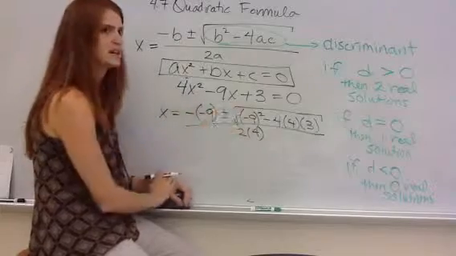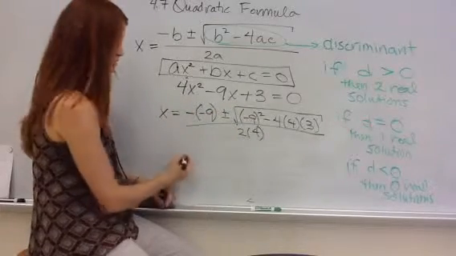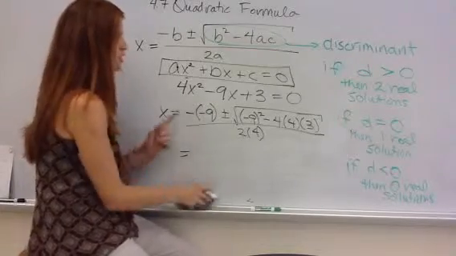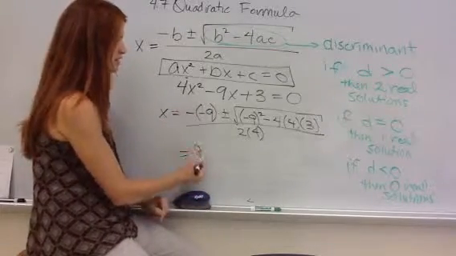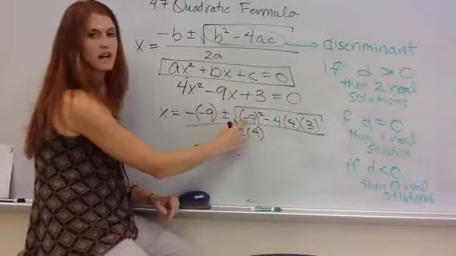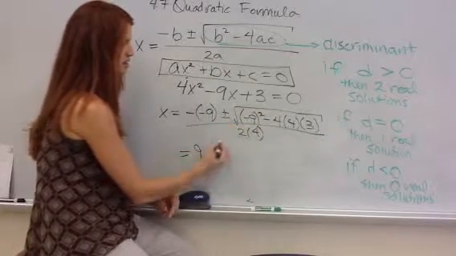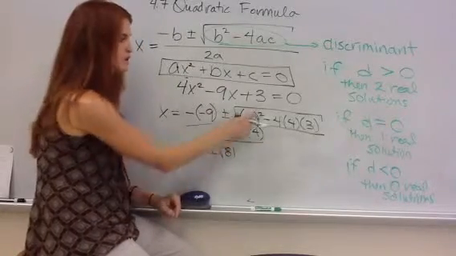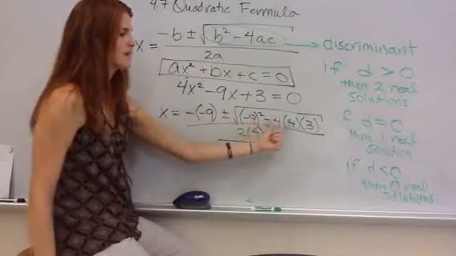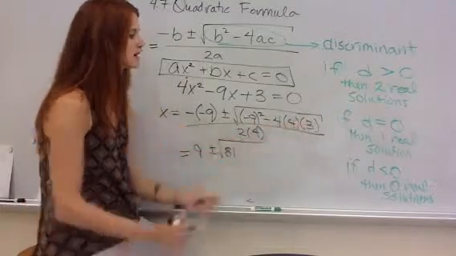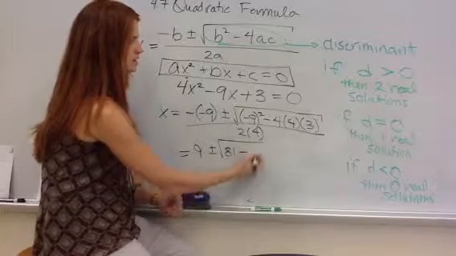Now that I have them plugged in, I just want to evaluate. So I have a negative -9, which just gives me a 9. Plus or minus, in here, my -9 squared, that's going to give me 81. Positive because when you square it, it makes it positive. Here I have a -16 times my 3 is going to give me,